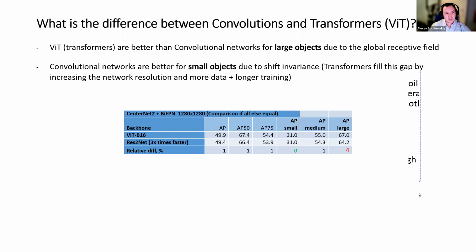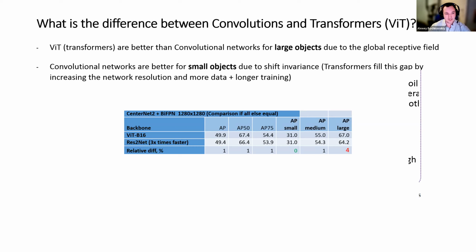And another, what does it mean? Why does ViT work better for large objects, and why do convolutional networks work better for small objects? ViT works better for large objects because it has a global receptive field. So even the first layer in ViT sees the whole image, and it covers the whole image and it sees